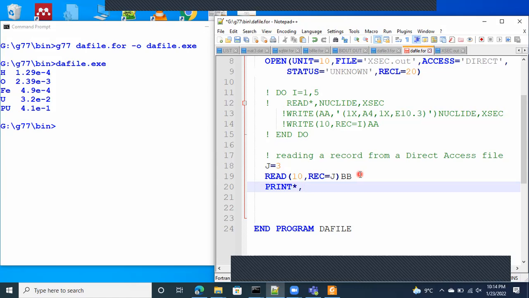Well, before printing BB, I can read the data from BB, read from BB,